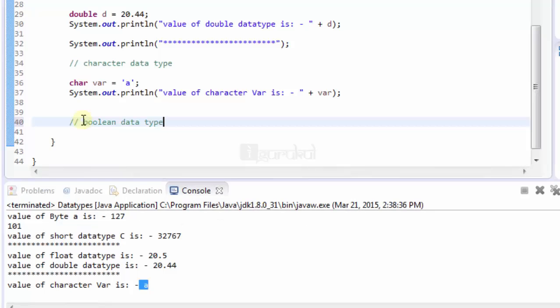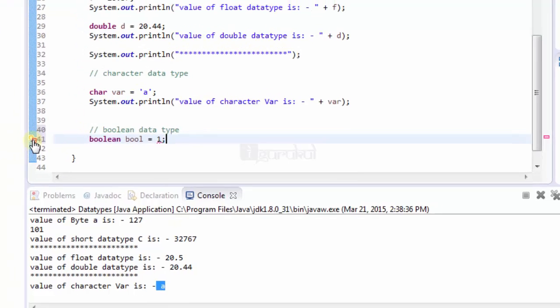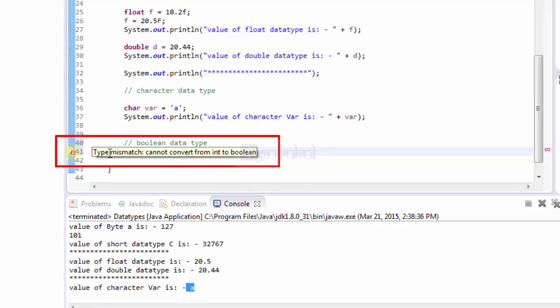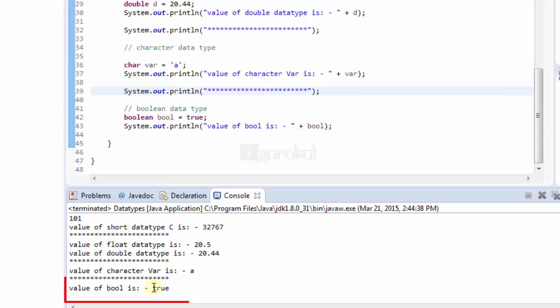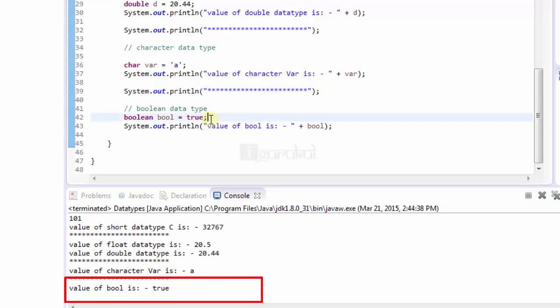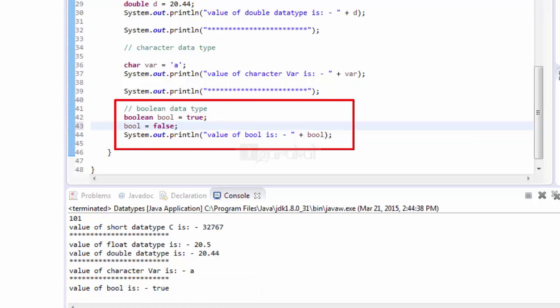So let's check it out first. Boolean type of data type. Boolean. Let's take a bool. Give it a value of 1. See, what it has given me is an error. Cannot convert from int to boolean. And why is it so? Because we have given a value of 1. As I have told you, it can only be true or false. So when you write true, it will eliminate the error. Okay, so let's print out the value of Boolean. See, down in the console window you can see I have got an output of true. Similarly, you can use it for false too. Bool false semicolon. When you execute the command, you will get your output as false.